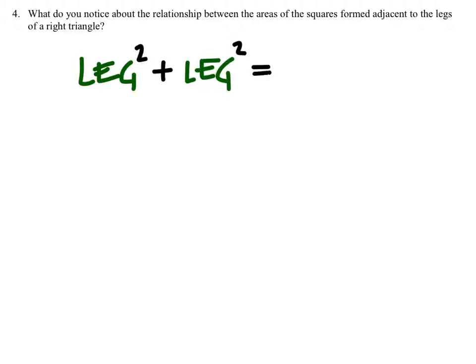What do you notice about the relationship between the areas of the squares formed adjacent to the legs of a right triangle? Well, what this means is that if you took the two legs, this should sound familiar by the way, and let's say that we squared these and then added them, as it turns out, it would give us the hypotenuse